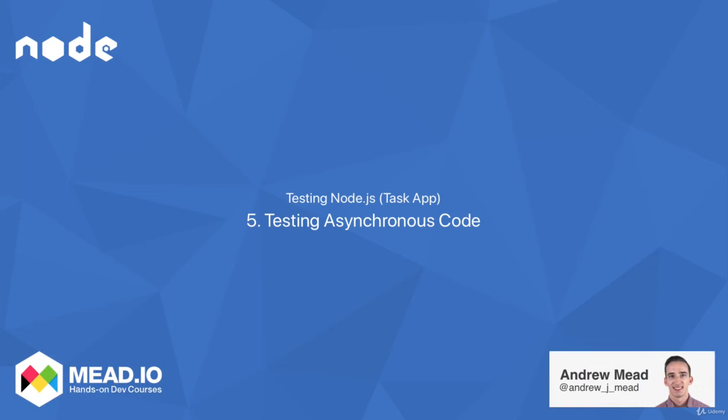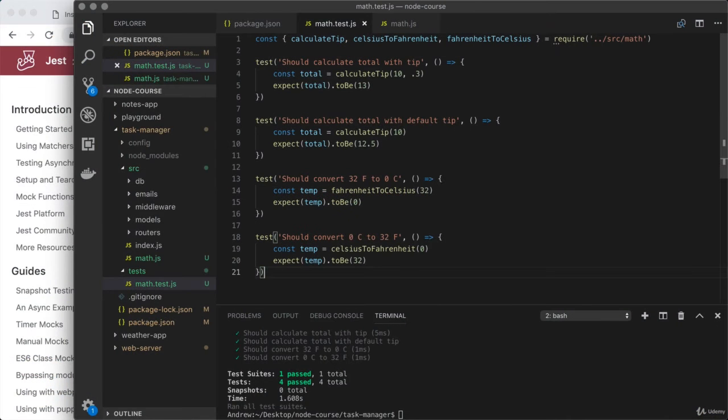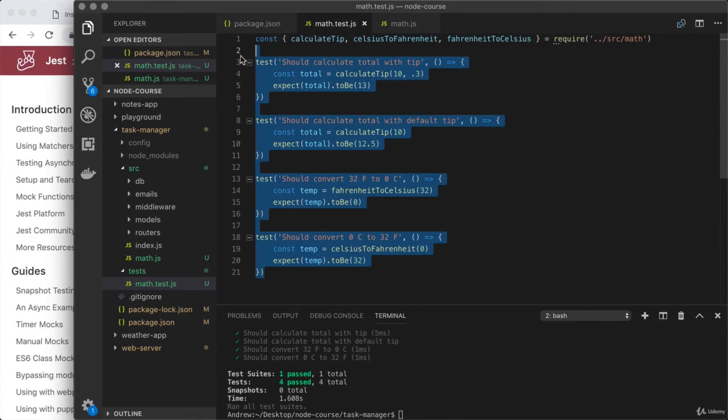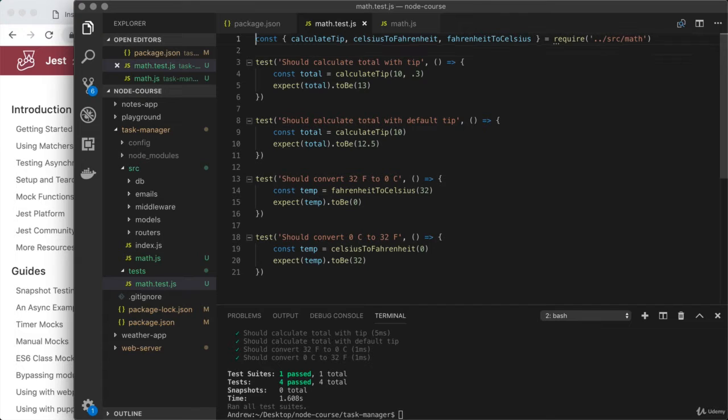In this lesson, you're going to continue to explore testing, and the goal here is to figure out how we can test asynchronous code using Jest. Now, it's going to look super similar to what we've already done when testing our synchronous code. We'll just be making a couple of small changes to the test cases to get support for testing asynchronous code